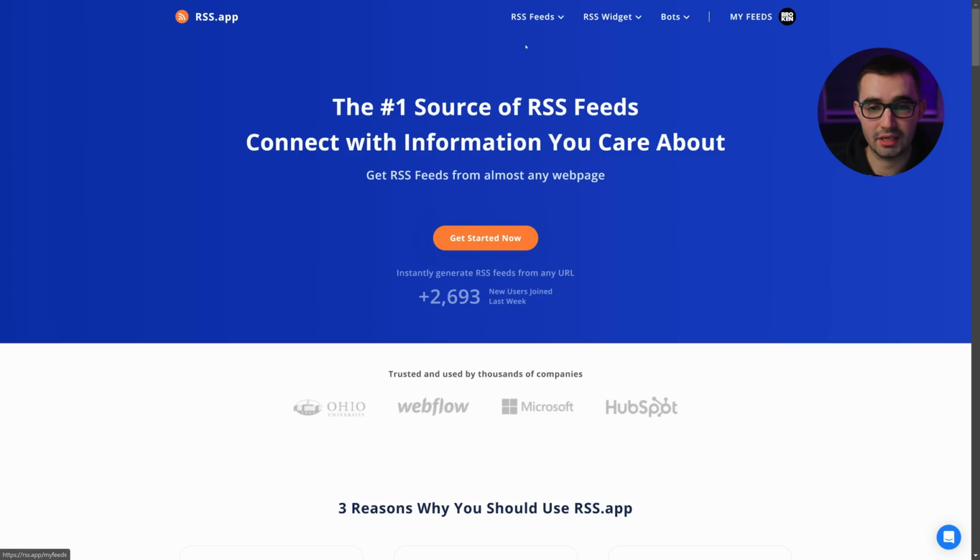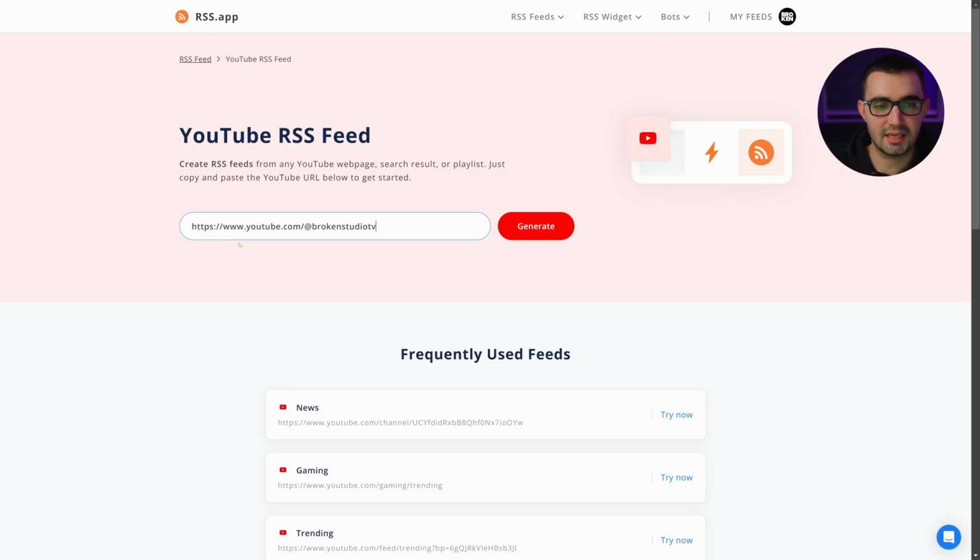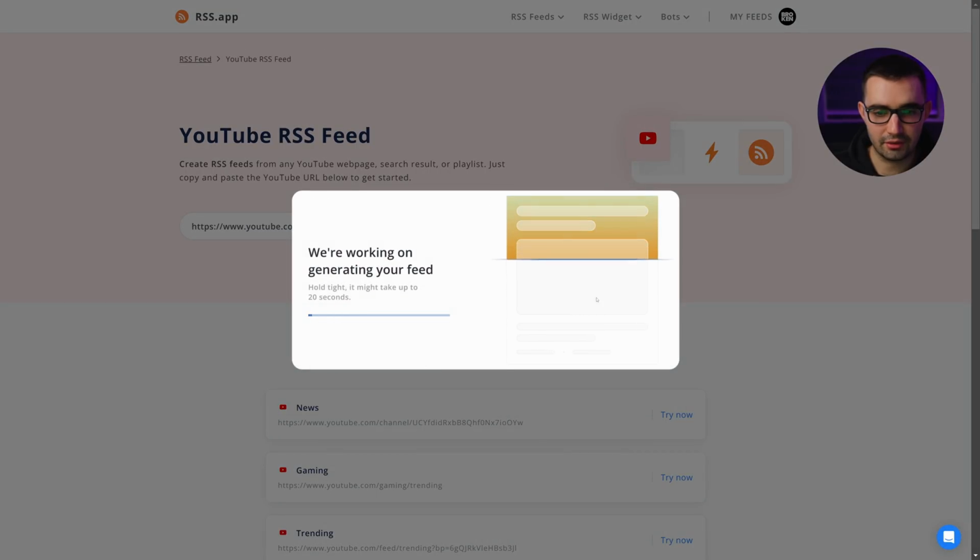And through that feed, we're then gonna populate the ticker to show, I don't know, the title of new videos that I've released, which I'll show you right now. So there's this website called rss.app. If we go over to YouTube RSS feeds, I can paste in my account's URL, hit generate, and once it's